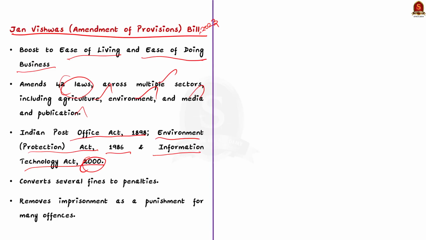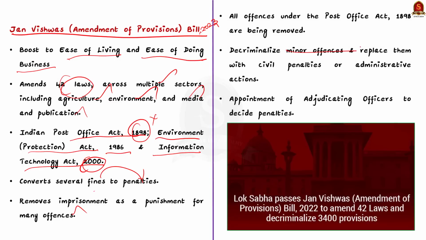The bill converts several fines to penalties, meaning that court prosecution is not necessary to administer punishments. It also removes imprisonment as a punishment for many offences. Note that all offences under the Post Office Act 1898 are being removed. The main objective of the bill is to decriminalize minor offences that do not involve any harm to the public